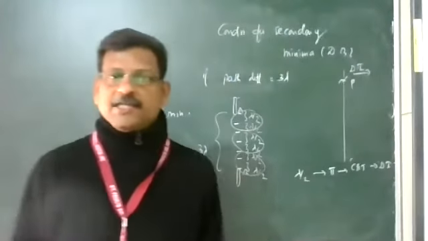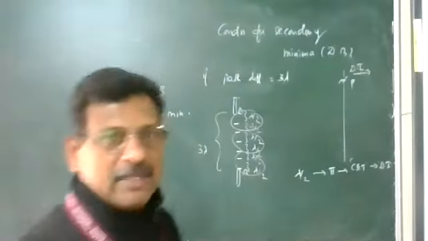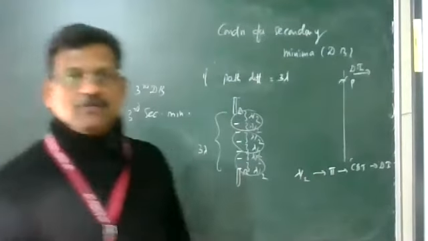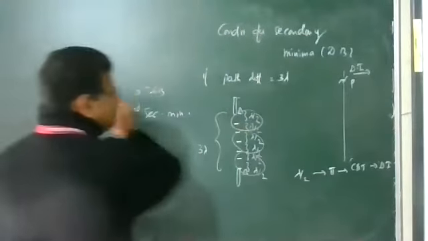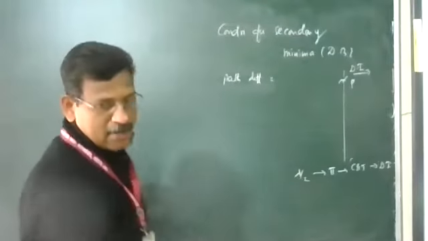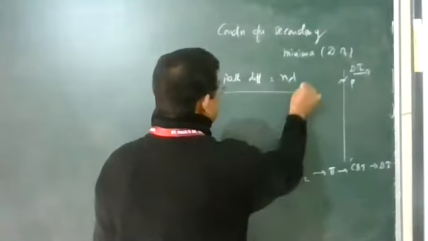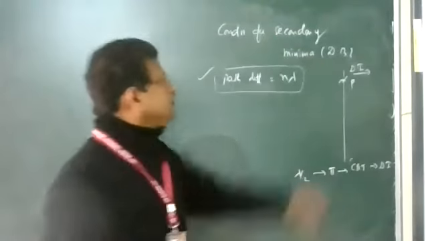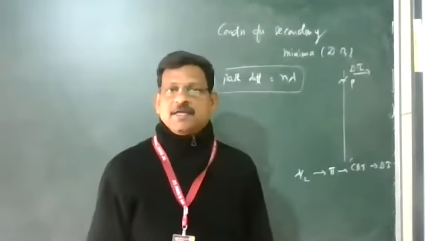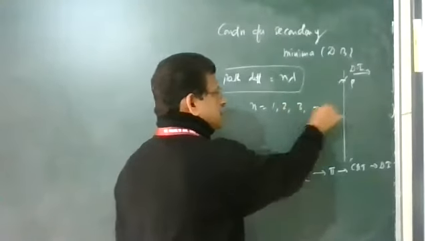In general, we go first lambda, 2 lambda, 3 lambda, 4 lambda, and that gives the position. So the condition for secondary minimum is that the path difference, generalized, should be equal to m lambda. If the path difference is n lambda, that will be the position of minima, the dark bands in the diffraction, where n value is 1, 2, 3.